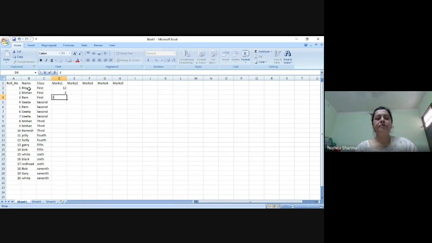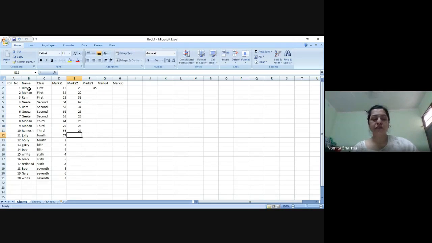Marks I can write randomly. Right? So normally, in a practical exam, you will be getting this master table, and you will have to work out a pivot table, because the master table you don't have to make; it will be given to you in the exam. But since we are doing it for the first time, I have to make it so that we can work on the pivot table then. Let me write simple.